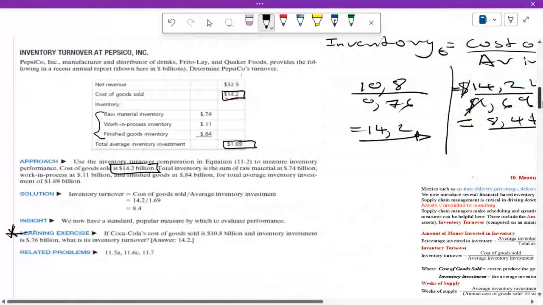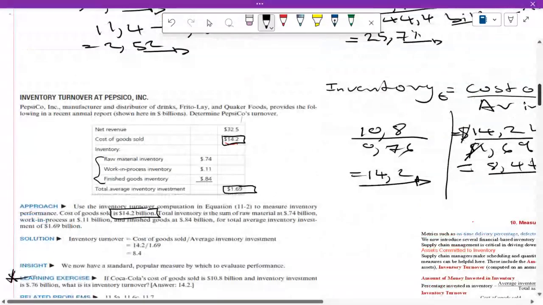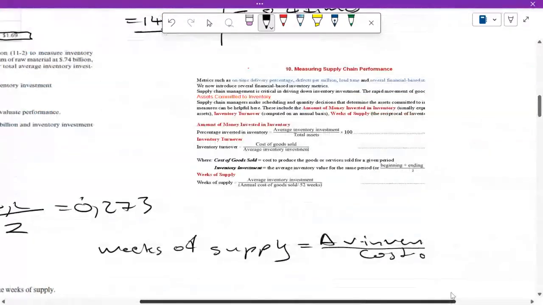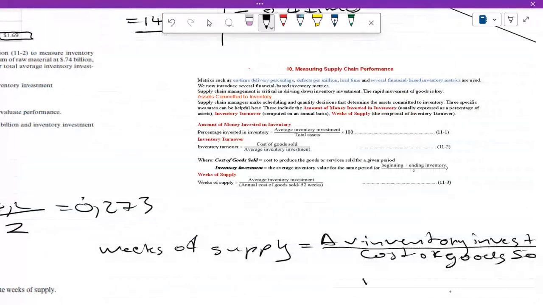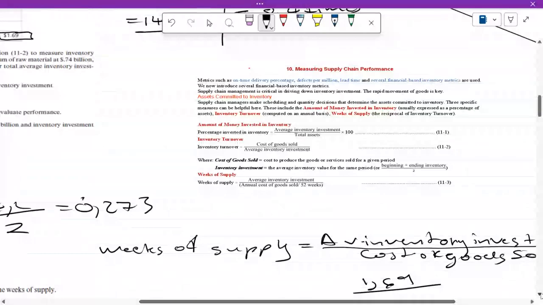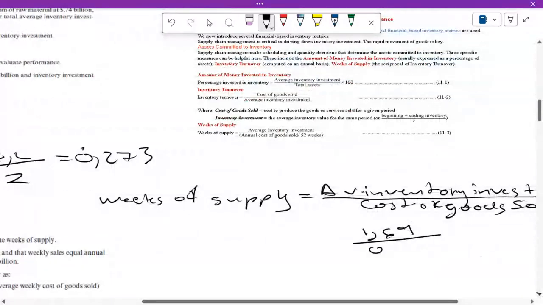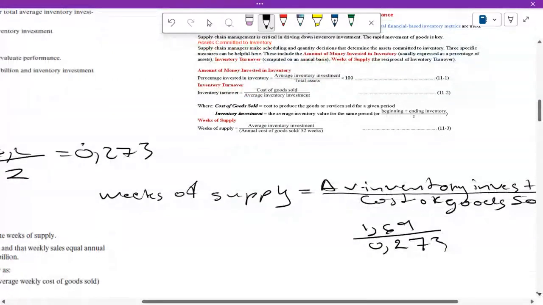Yeah, 1.69. Okay. 1.69 over 0.273, which is equal to